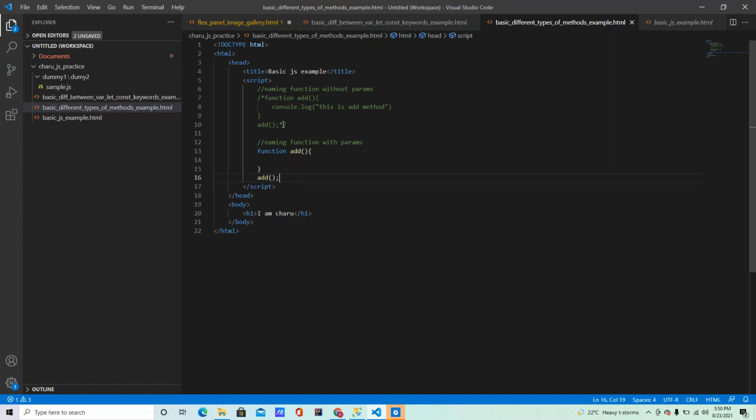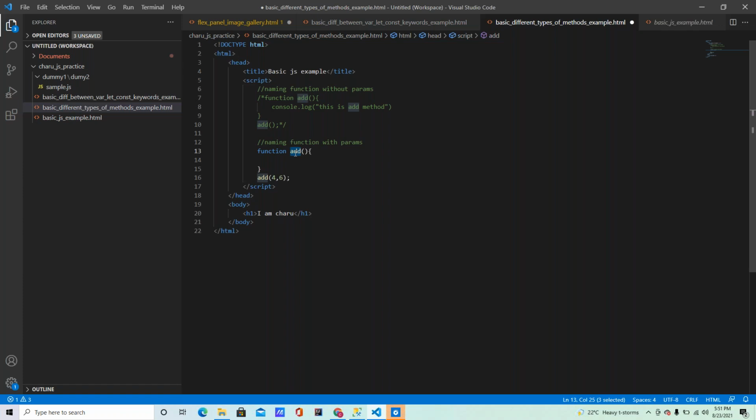So here I'm sending two values, 4 and 6. How can these values be held by this method? I'm not declaring variables in the function. You need to remember that. Directly I'm sending the values to the function. That's what you need to understand. So how can these values be held by this function?